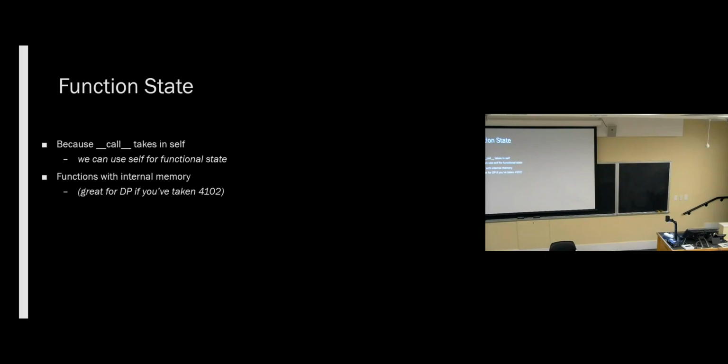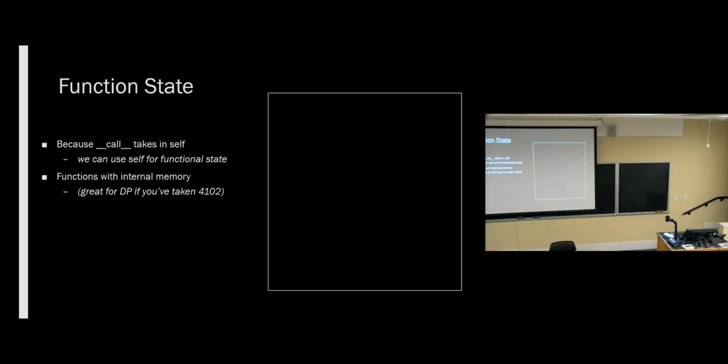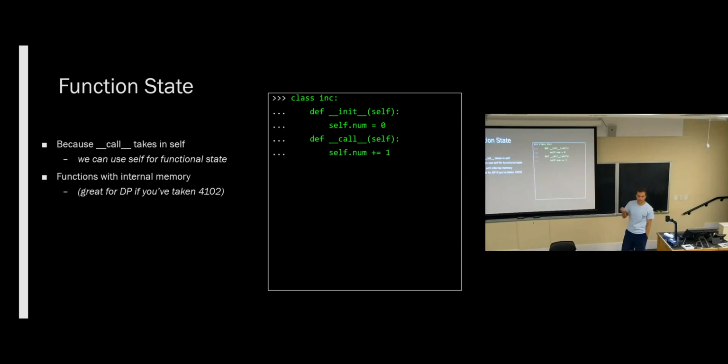So that's not great. If you want a function with state, a really great way to do it is to wrap that state as an instance variable in your class that is now callable. So if we have an inc class, this thing is going to be an incrementer. It's going to increment. We're going to have some data, our self.num, and then we're also going to implement call. We're going to increment num and return. Now if we make an instance of inc and call it, the first time we're going to get 1, but the next time we're going to get 2.